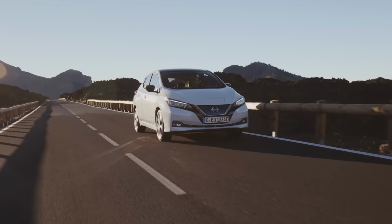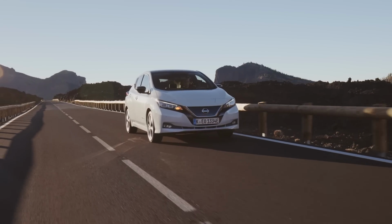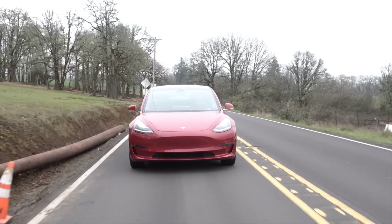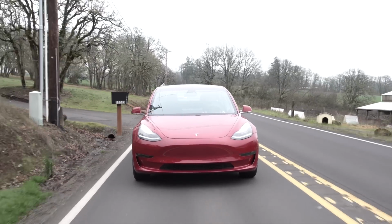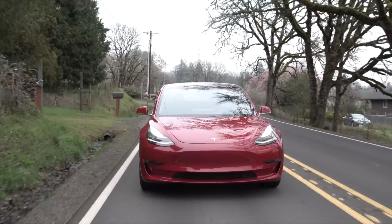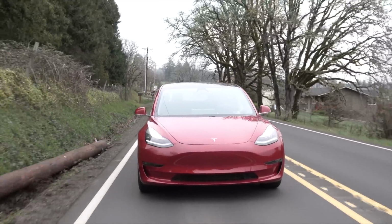What does this all mean? Well, it means you can buy a Renault ZOE outright with a range of just shy of 300 kilometers on the WLTP test cycle, a real-world range will be slightly less, for just under €30,000, including a 19% purchase tax. That's significantly less than an entry-level 40 kilowatt-hour Nissan Leaf, €36,800, and €10,000 or more less than the Tesla Model 3 Standard Range Plus. Tesla's price, by the way, does not include taxes or fees. Of course,